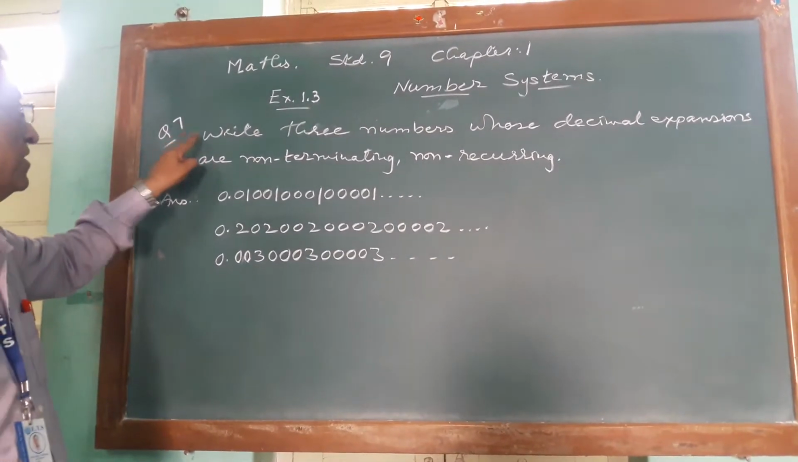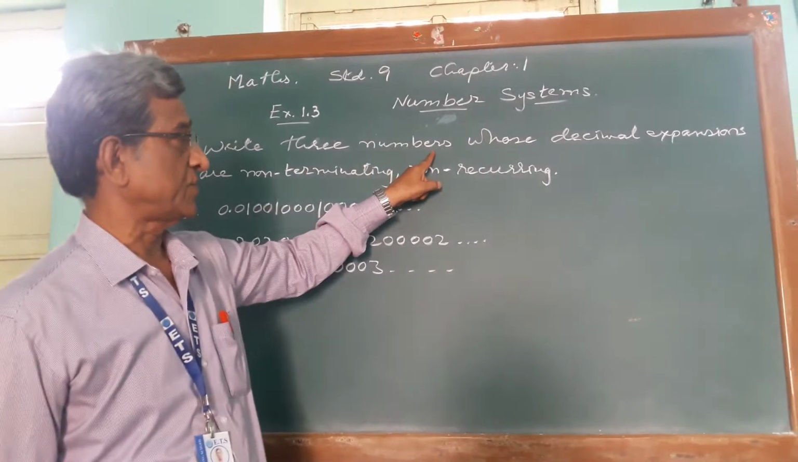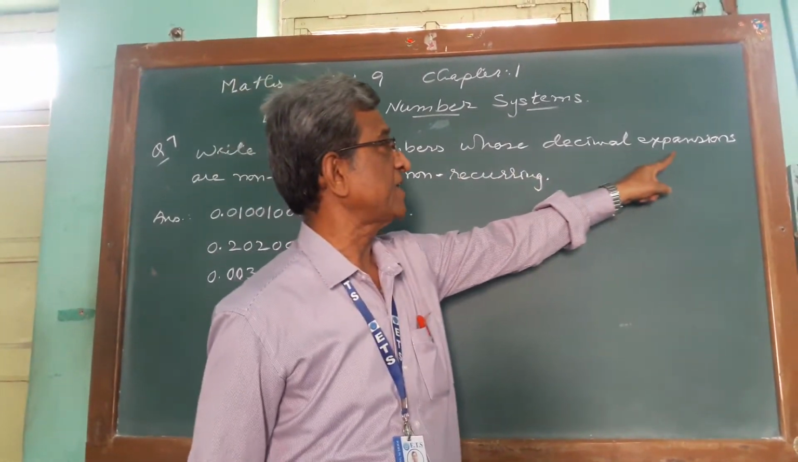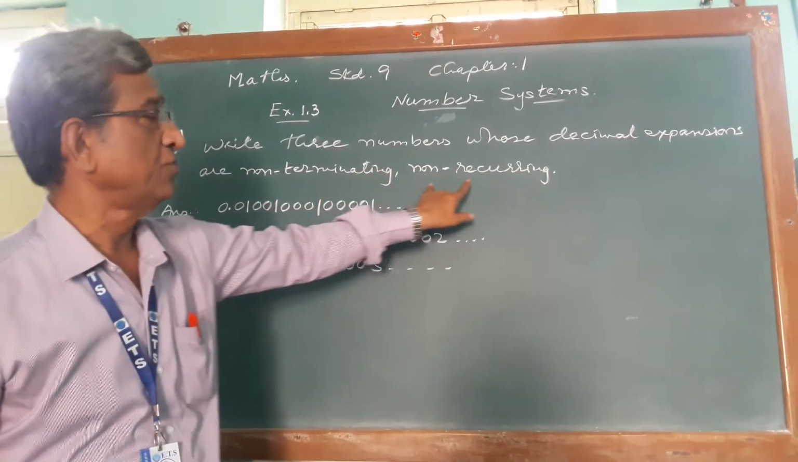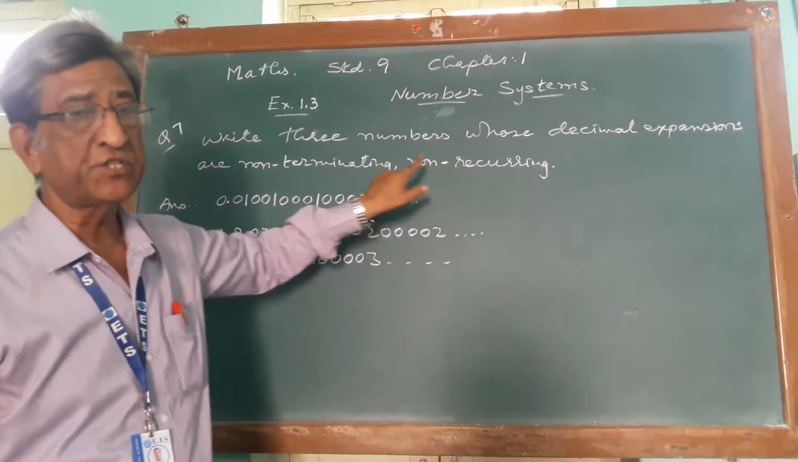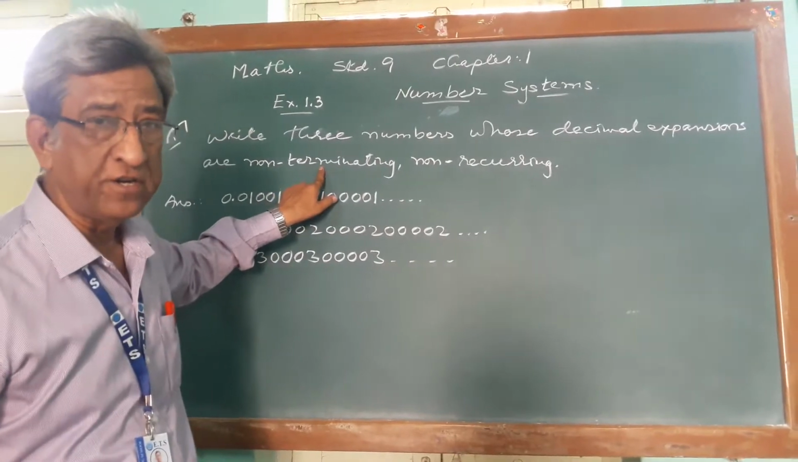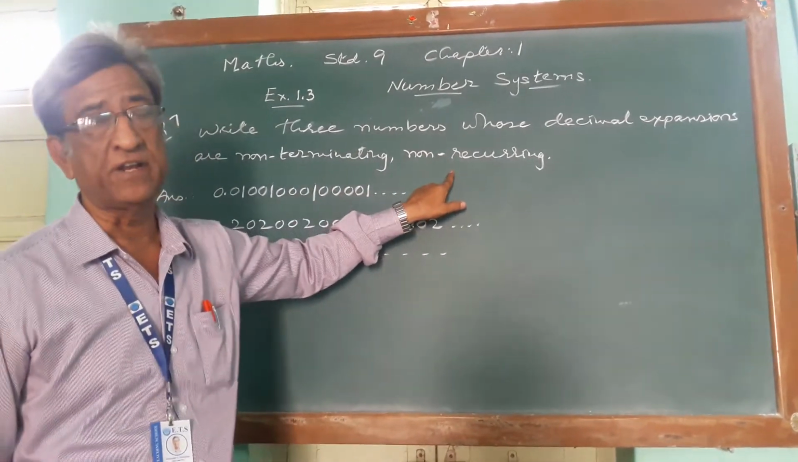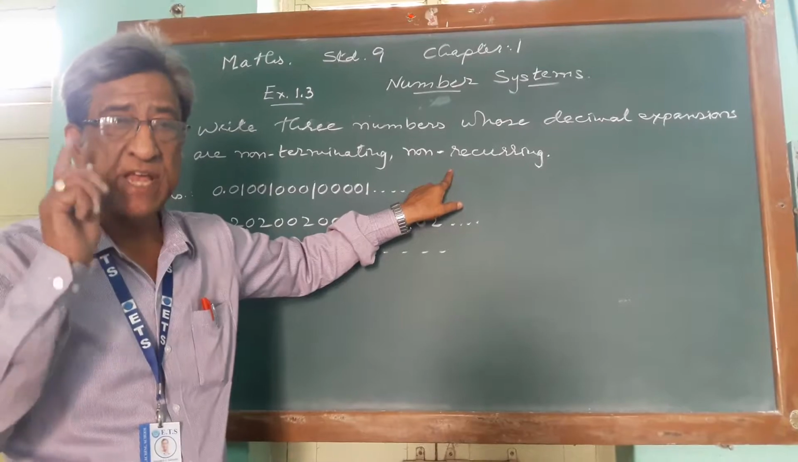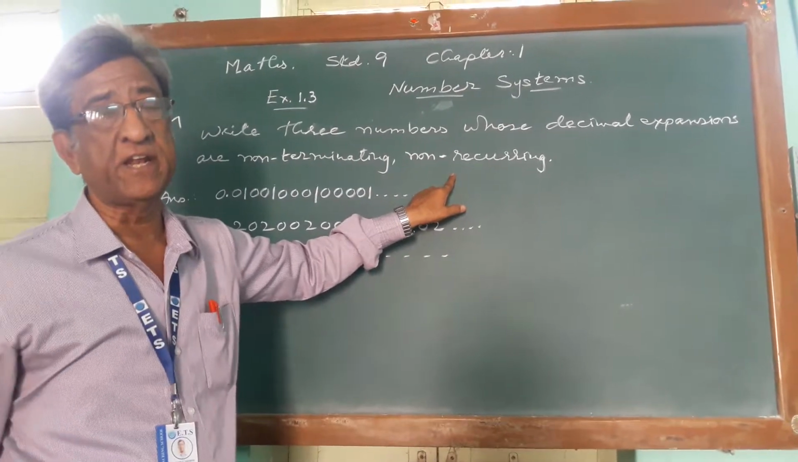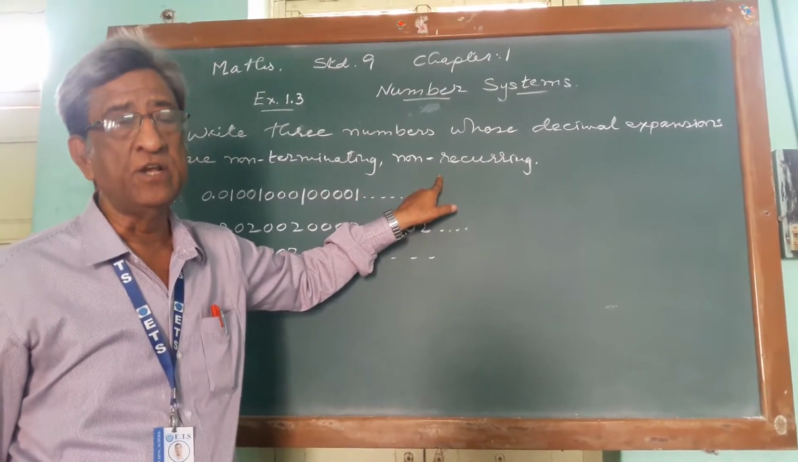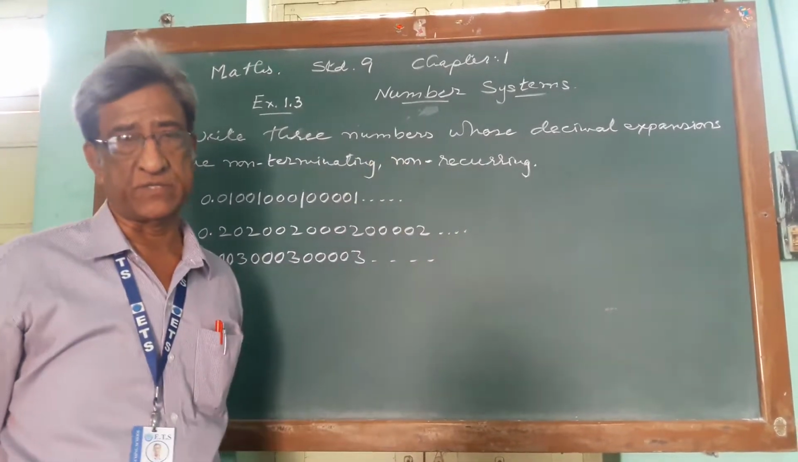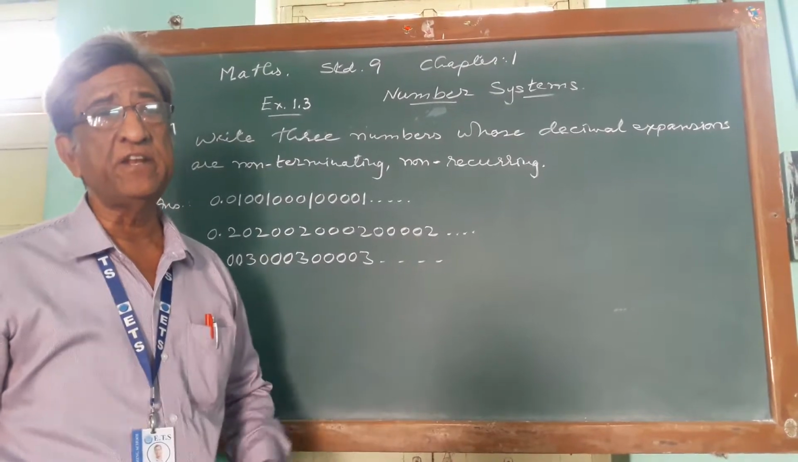Question 7. Write 3 numbers whose decimal expansions are non-terminating, non-recurring. Means it should not be terminating. Non-terminating and non-recurring. Non-recurring means the same number should not be repeated again and again. So there are infinite numbers, so you can write any number